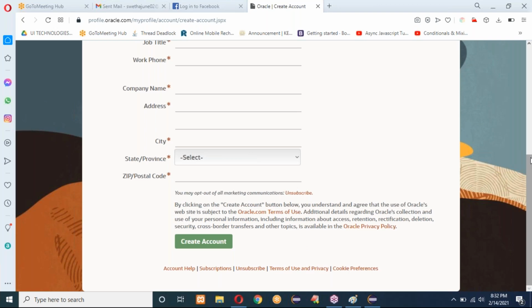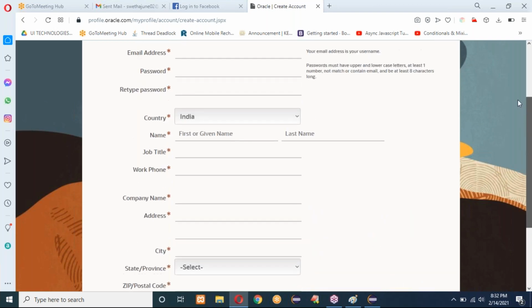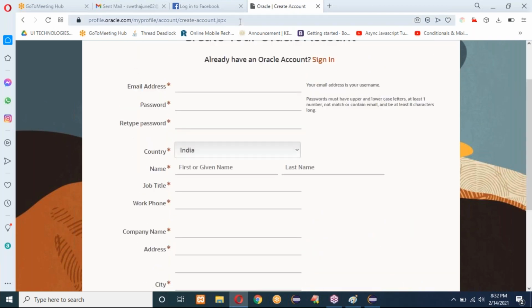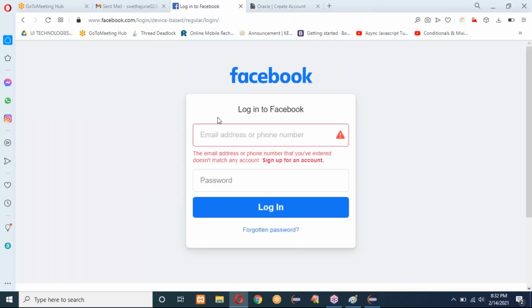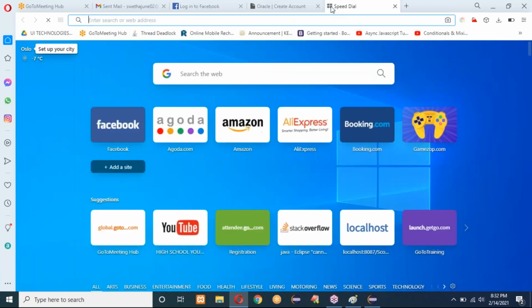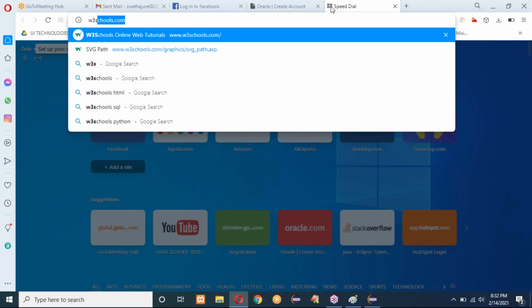Yes. Here in this create account, whenever I click on create account, they are using JSPX, which means a Java page. Facebook people are using a PHP server. In the same way, if you see W3Schools, this is one website.